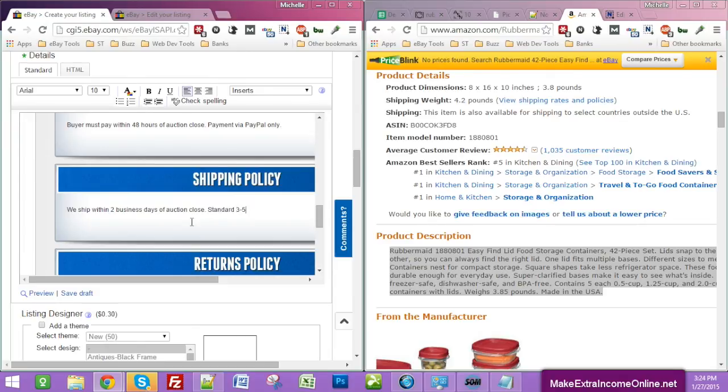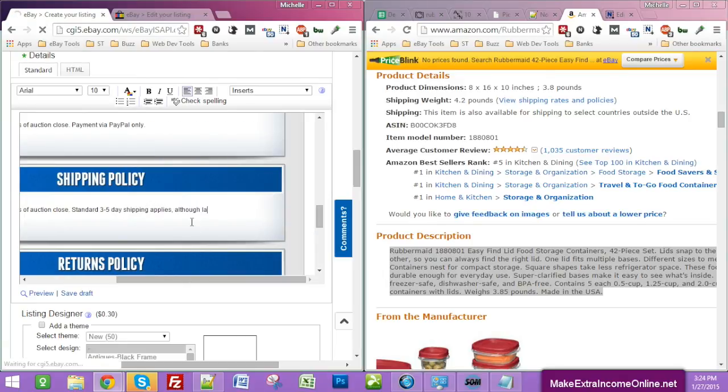Standard 3 to 5 day shipping applies, though larger items